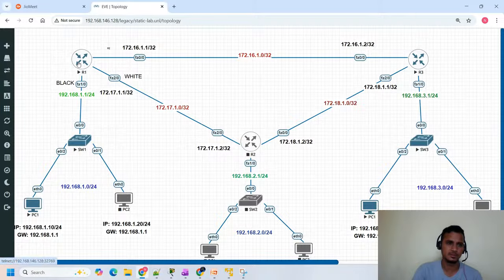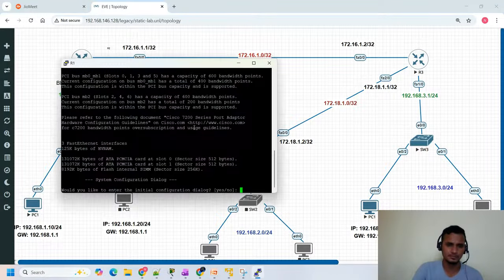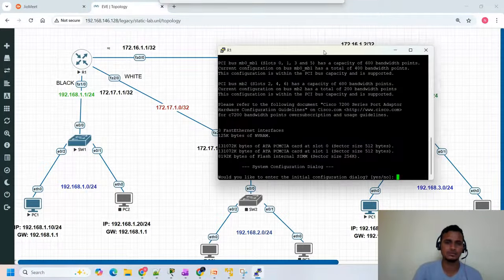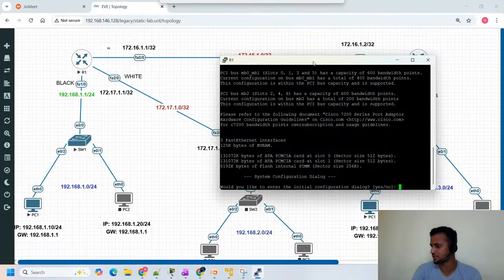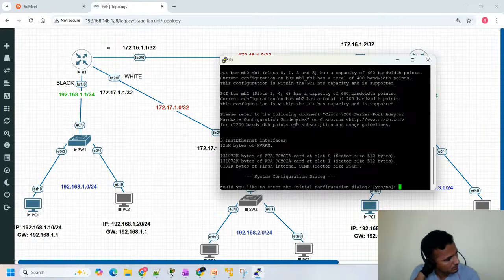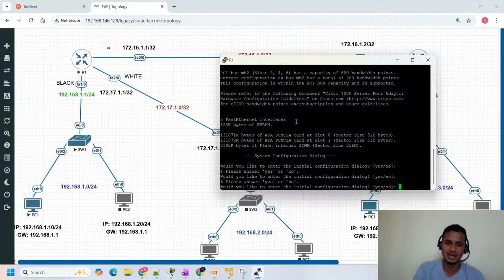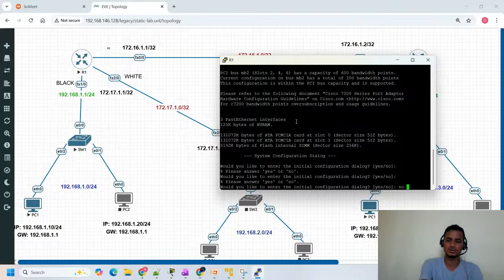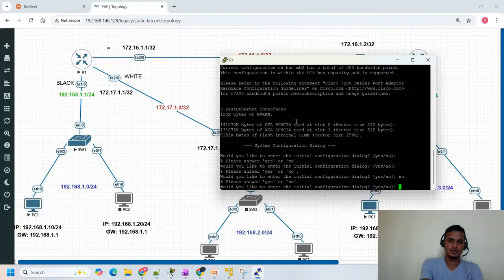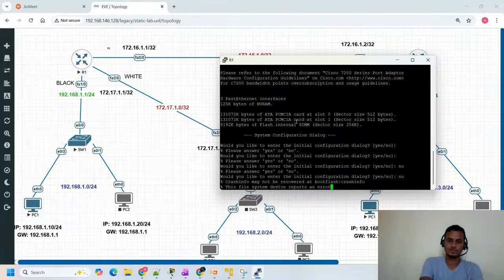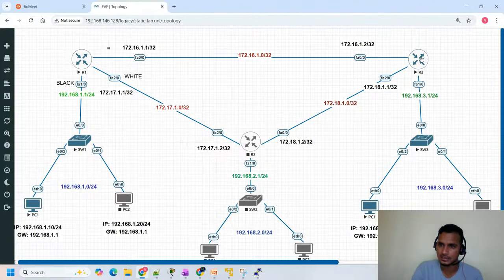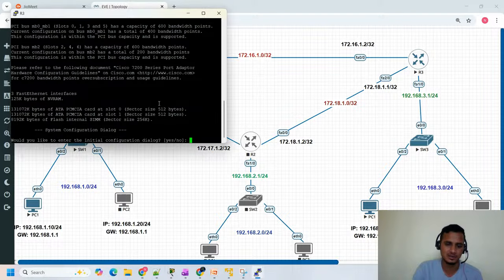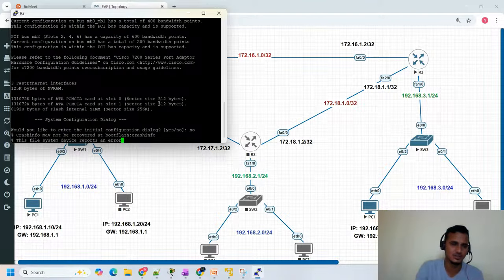It will take some time, guys. Router 1. As we know, a router has six different modes. The first mode is setup mode. Whenever you access your branded router for the very first time, you'll definitely get this setup mode. Here you need to type yes or no. I'm going with no, because I know how to configure with CLI commands, so it is always better to go with no. If you go with yes, it is going to ask